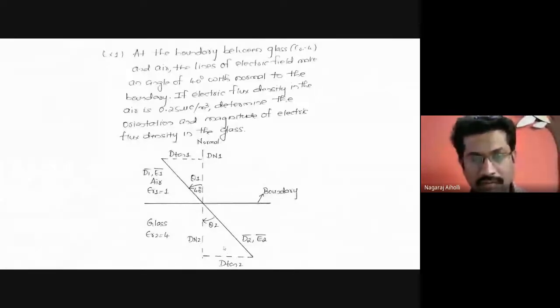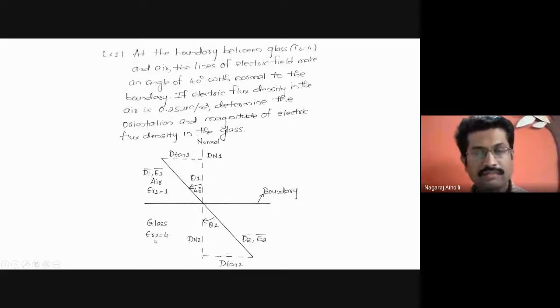Write the equation. Rearrange the equation for D tan 2, because what they have asked is the value of D2. You can find the value of D2 provided you know the value of Dn2 and D tan 2. According to the Pythagoras theorem, we can apply D2 square is equal to Dn2 square plus D tan 2 square. Or by using the cosine of angle theta, we can also find the value of D2. So there are many ways. Let us see which will be suited here.